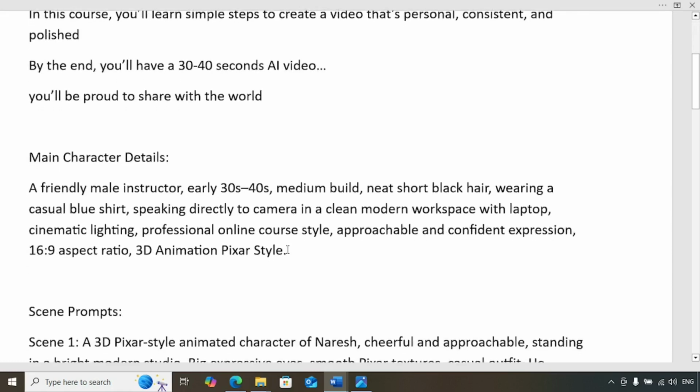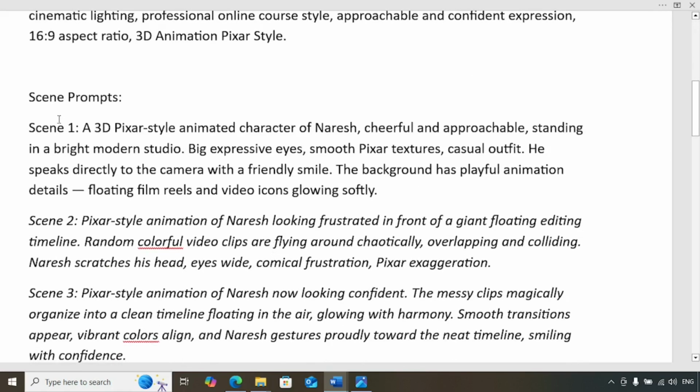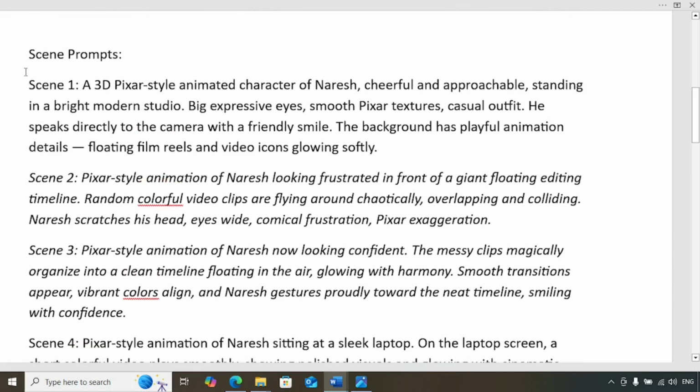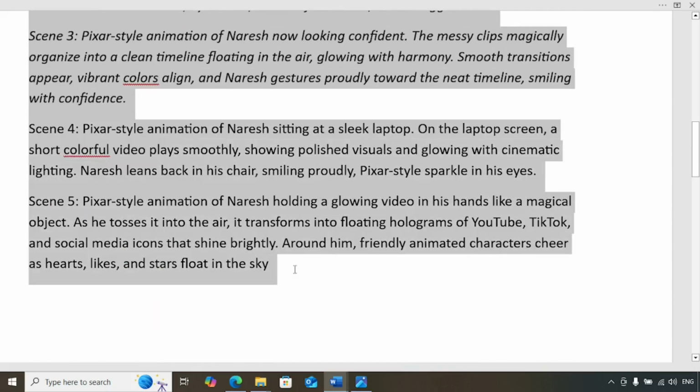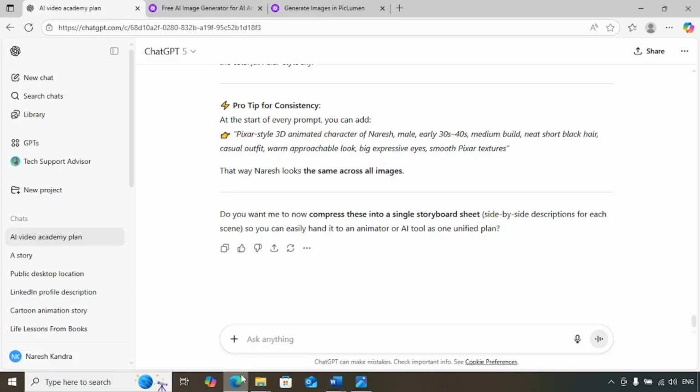this is the script. This is the main character details, and these are all the scene prompts: scene 1, scene 2, scene 3, scene 4, scene 5. What I'm going to do is copy all these scenes, and I'll go back to ChatGPT, and I'm going to say